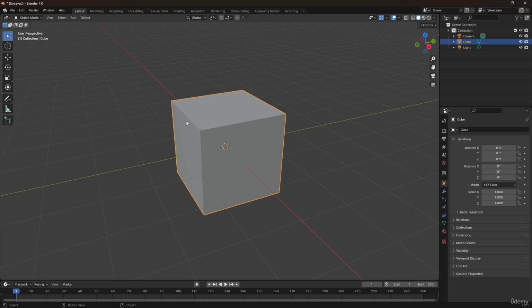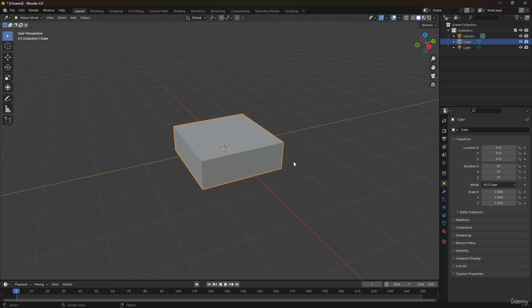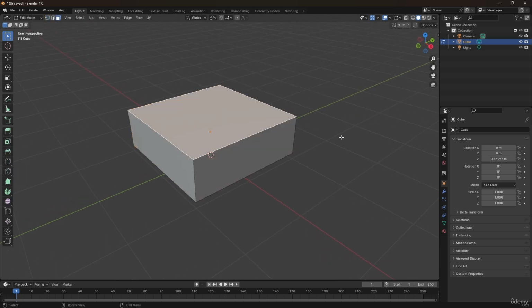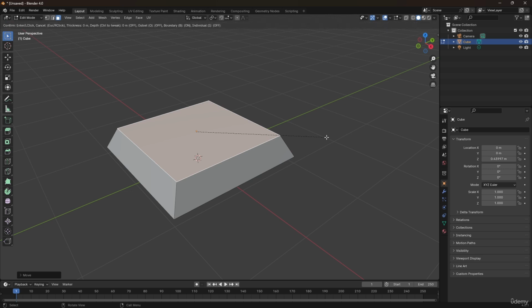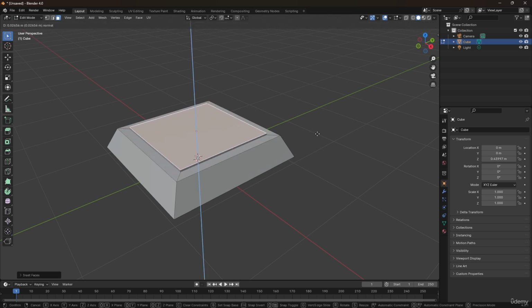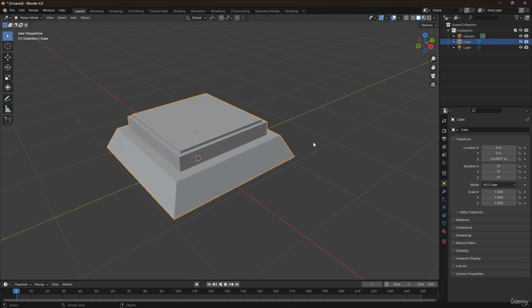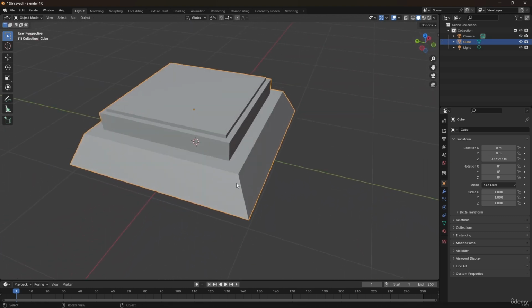To do that, let's select this object, tab into edit mode, and scale it along the z-axis. And then in object mode, let's move it up like that. Let's select this top face in face selection mode, scale it down, move it down a little bit like that. Maybe add an inset and extrude it towards the top. Add one tiny extrusion again. So you can see that we added this, but in real life our objects are more soft